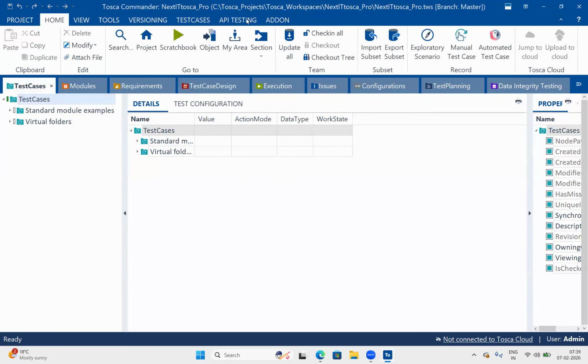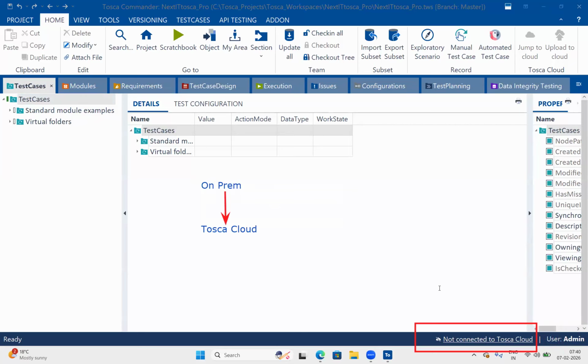What are the test cases we just developed here? You can upload or you can migrate all these test cases to Tosca Cloud. If you see the right side bottom of the screen, you can see not connected to the cloud. Okay. So that means what exactly it means? You can integrate your on-premises Tosca test cases to Tosca Cloud. You can upload what are the test cases you just build inside this on-prem. You can directly upload into Tosca Cloud.